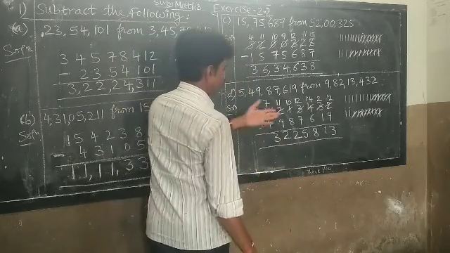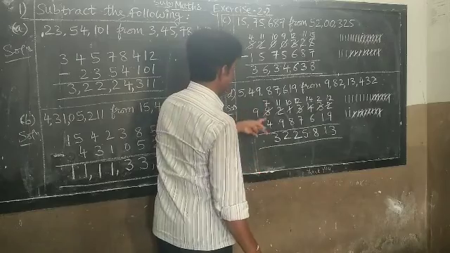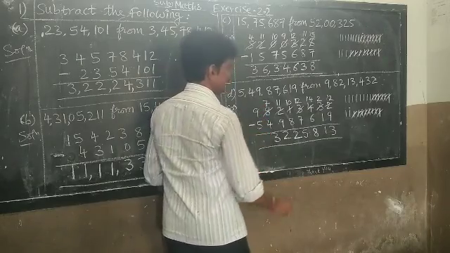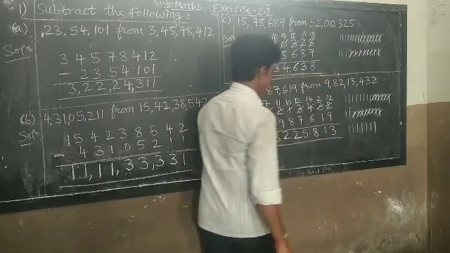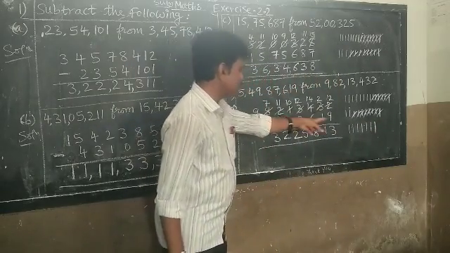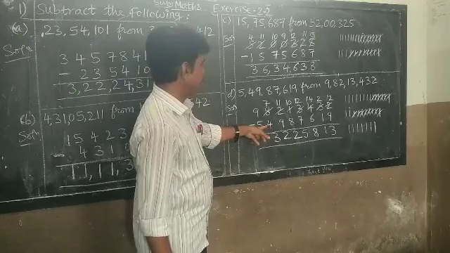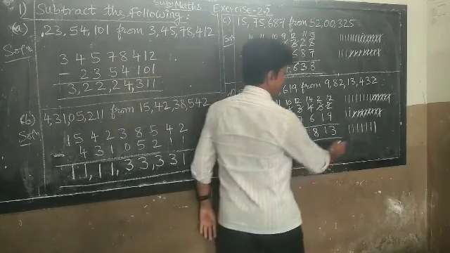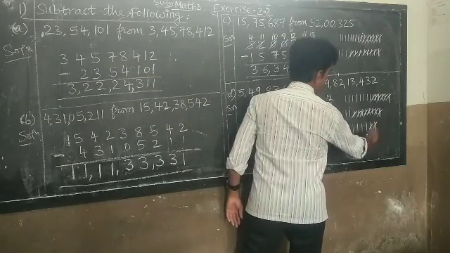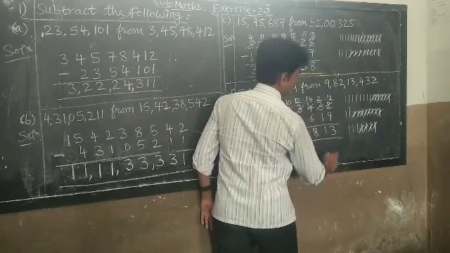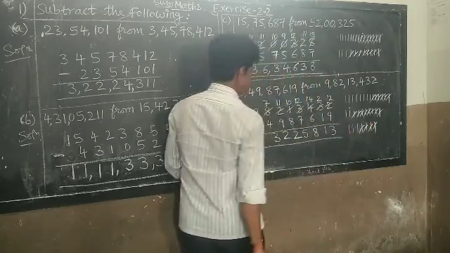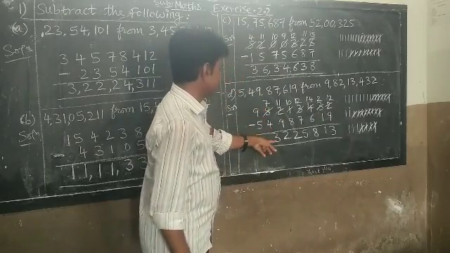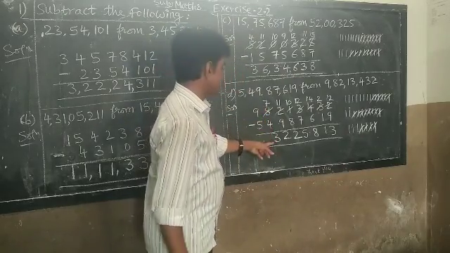Or if you want to draw lines and verify, 7 lines you have to put, cut 4 lines. 7 lines, 1, 2, 3, 4, 5, 6, 7 lines. Top number 7. Minus 4 means you have to remove 4 lines. Start from this side, 1, 2, 3, 4. 4 lines removed. Still how many lines left here? 1, 2, 3. So 3 lines remaining. So that 3 is the answer. 7 minus 4 is 3.